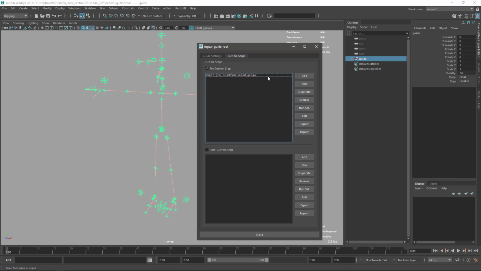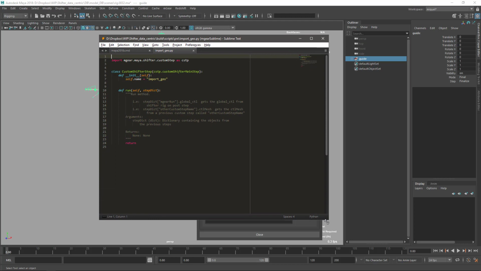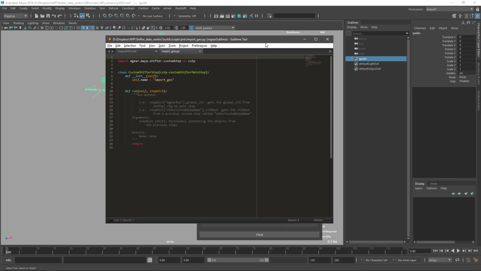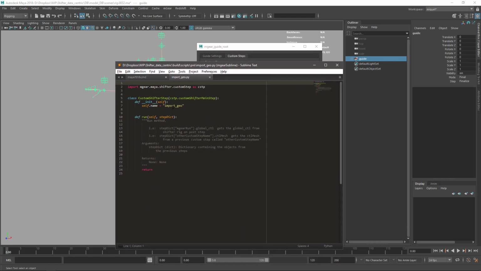I don't know how to pronounce pre custom step. Yeah, it's the right pronunciation. If we edit, the edit works if you have on your machine an editor that is predetermined to open the Python. So if you have the double click in Python, for instance, run the Python or do nothing, it's asking you how to open the Python, it's not gonna work. You need to pre-configure this. But this is more like Windows configuration or Linux than the real environment here. Sorry. Okay, so we have this name for this custom step,